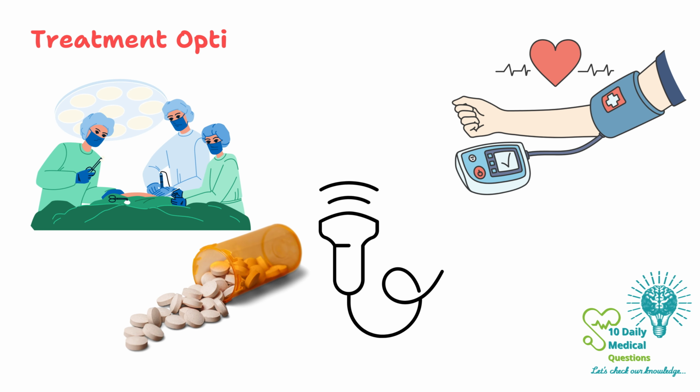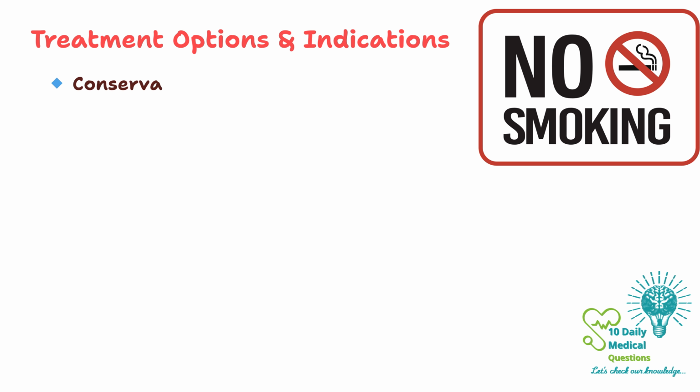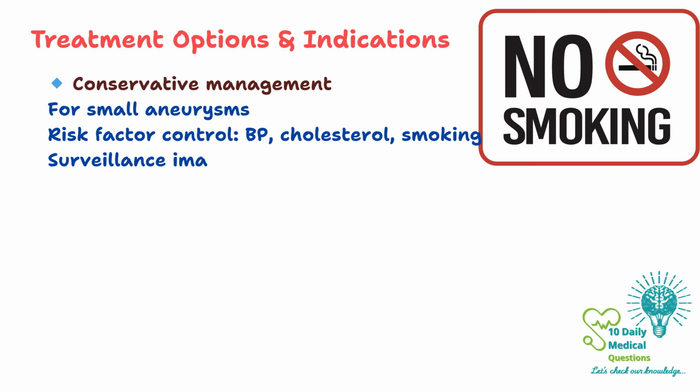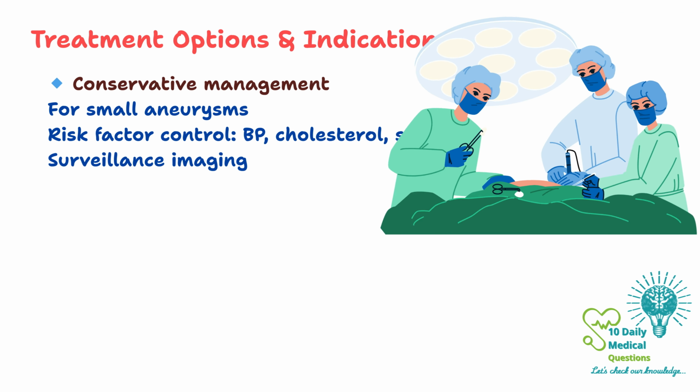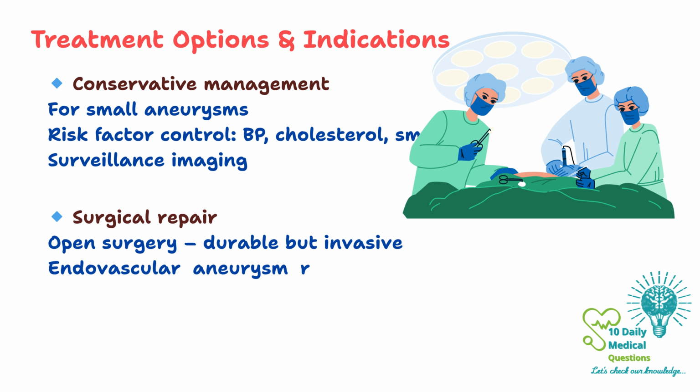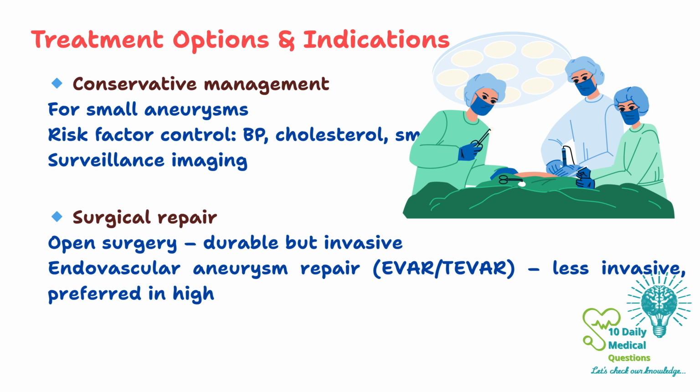Treatment options and indications. Treatment depends on aneurysm size, location, growth rate, and symptoms. Small asymptomatic aneurysms may be managed conservatively with regular imaging surveillance, blood pressure control, and smoking cessation. Surgical options include open surgical repair, durable but invasive, and endovascular aneurysm repair or EVAR, less invasive and often used